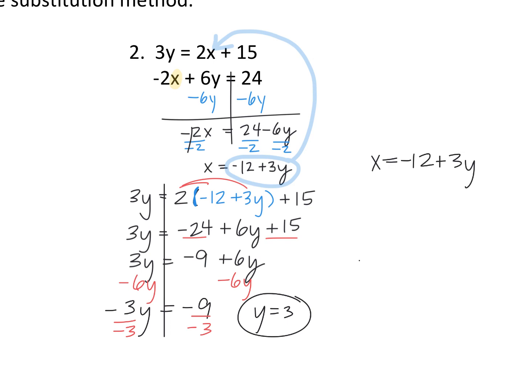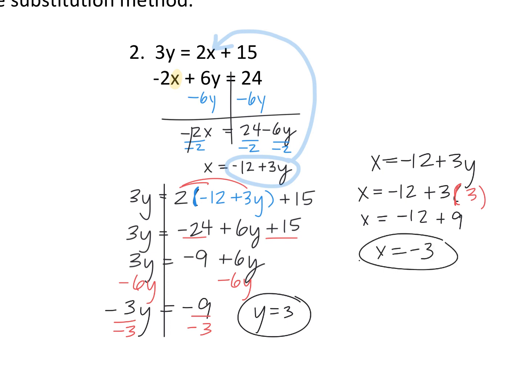We're going to use that one, and where do I put the 3? The y. You're doing -12 plus 9, or, oh, not x. Okay, -3. You write your answer as a point, (-3,